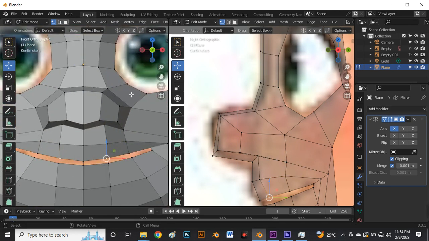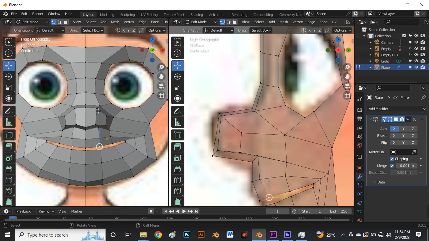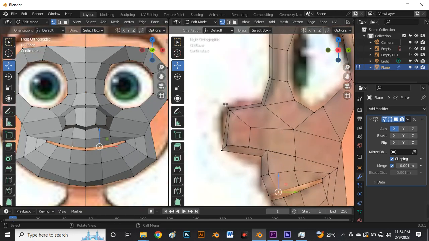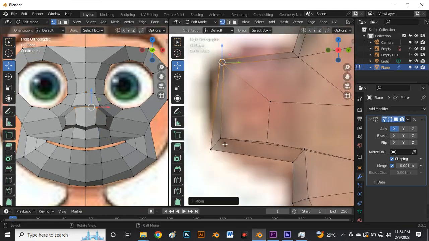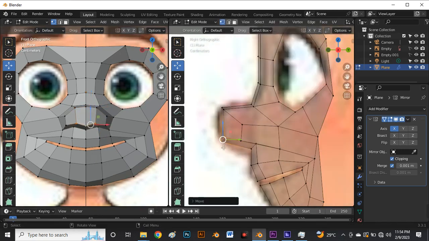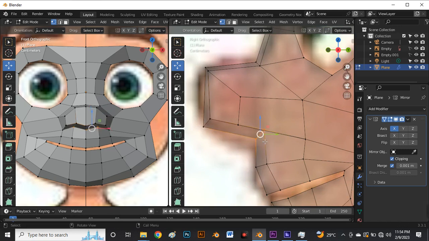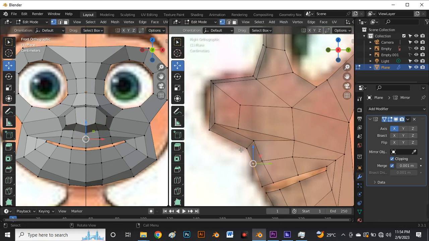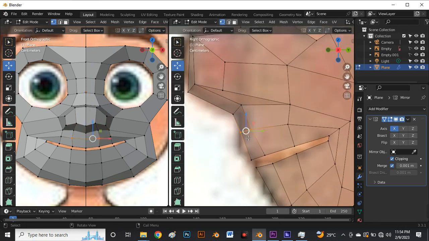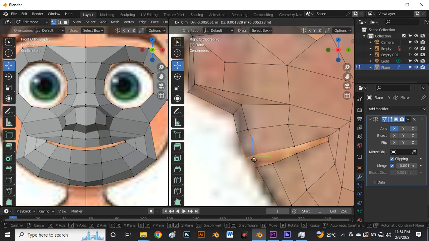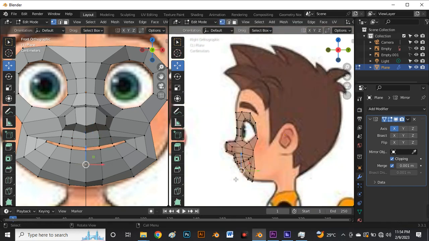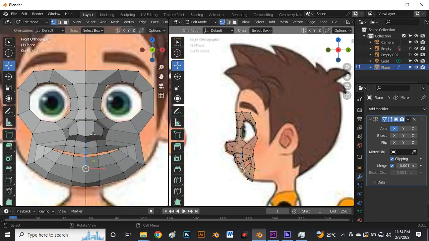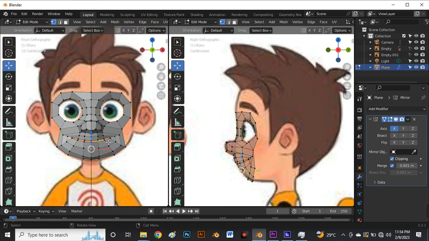Okay, now we'll come to our front view, also our right view, and make some changes. Select this and move backward. I can now select this and move forward to this point. I'm going to select this also, move forward. Select this and move forward. So this is okay now for us, and our character is now looking different from our reference, which is